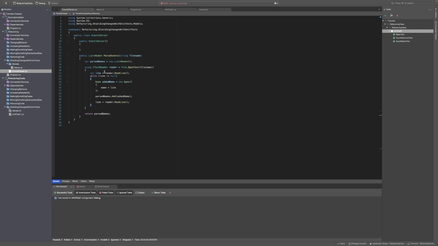So you could come back to here, and we could say that instead of doing a read line, I kind of want to read the entire block in, and then I want to do a split on the new lines. So let's see. If I comment this out really quickly,